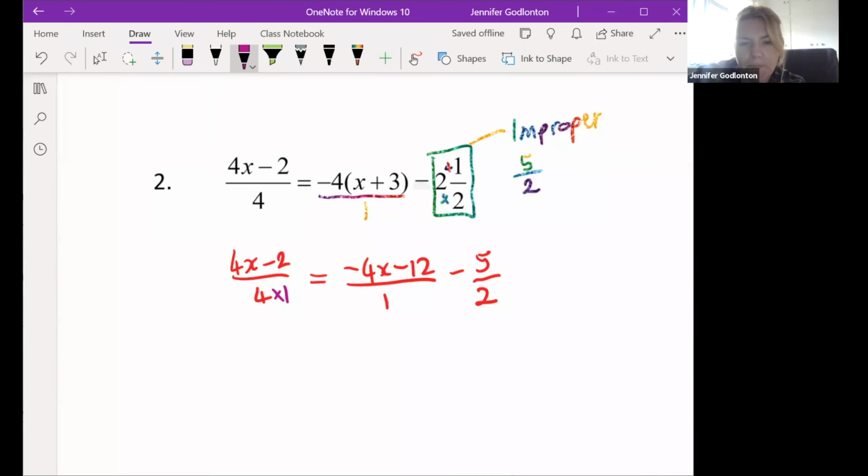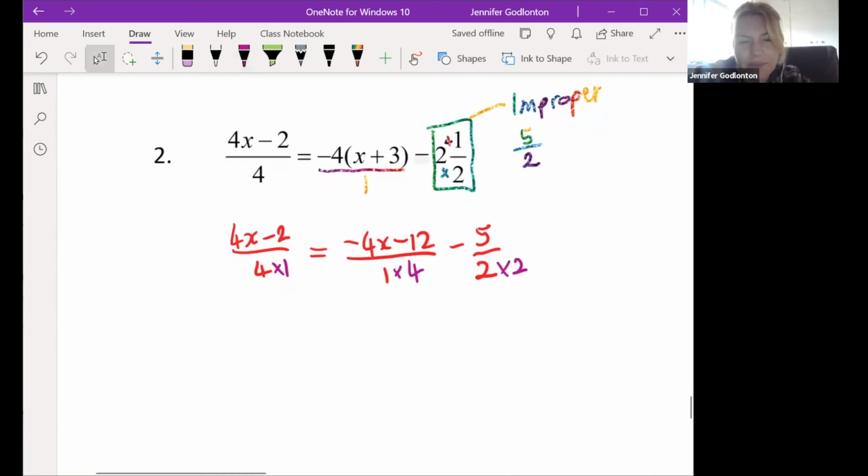And then hop over to the right side, you would have to say times 4, 1 times 4. And then over here it'd be times 2. Okay. So tell me, I'm going to write down exactly what you tell me to write. I'm not going to tell you if it's right or wrong. Sure. So on a new line, you'd say 4x minus 2 over 4